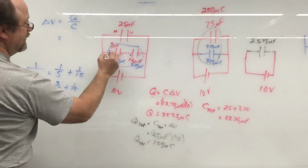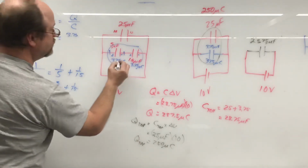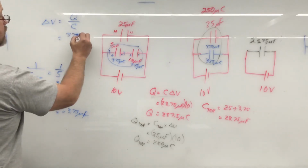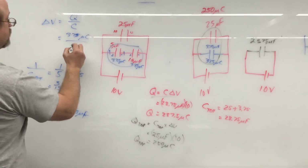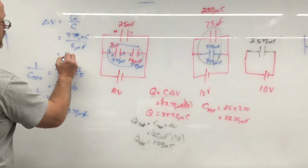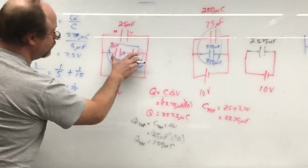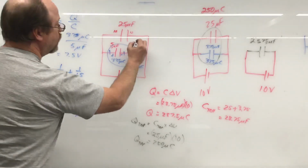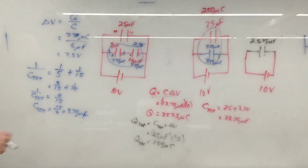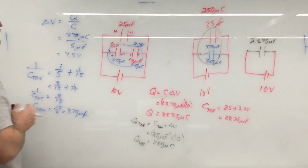And right there, between there and there, I know I have 37.5, put my decimal in the wrong place. I have 37.5 microcoulombs. I have 5 microfarads. And therefore the voltage there, 37.5 divided by 5, that's 7.5 volts is dropped from there to there. And the total voltage is 10, so again, I can either subtract or I can do the calculation. This is going to be 2.5 volts that's dropped across the second one, because 10 minus 7.5 is 2.5. Or I can say 37.5 divided by 15, and that's also going to